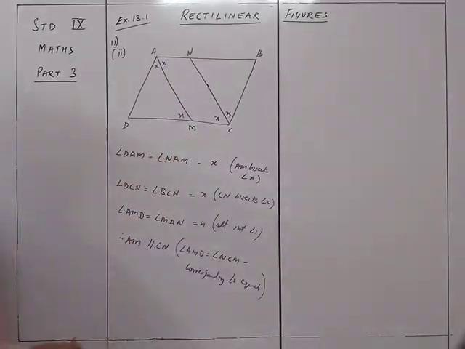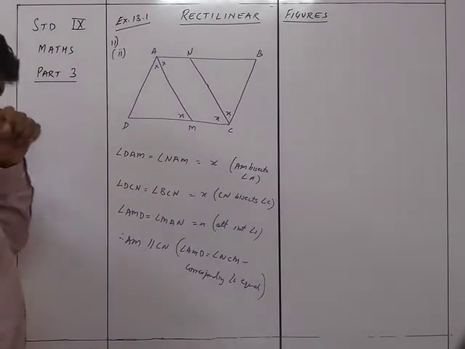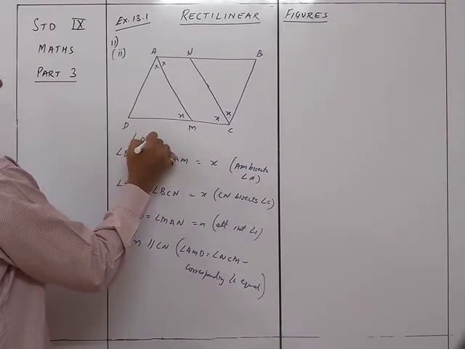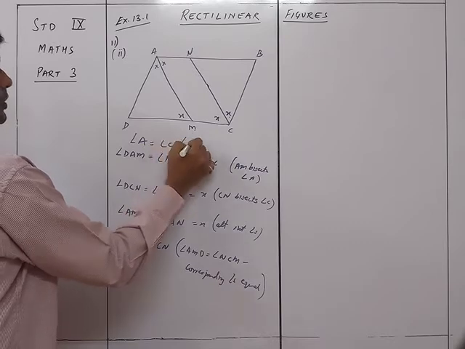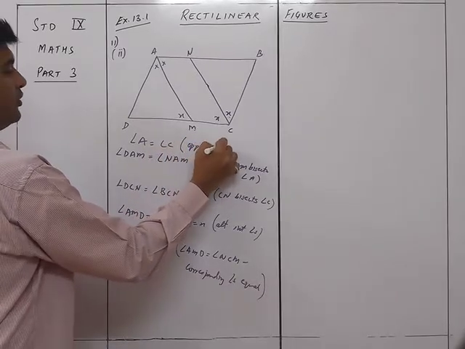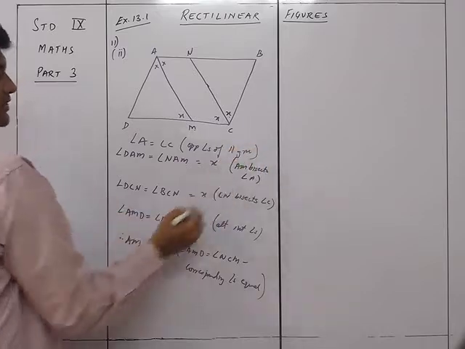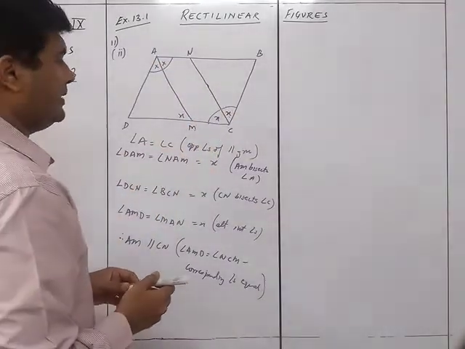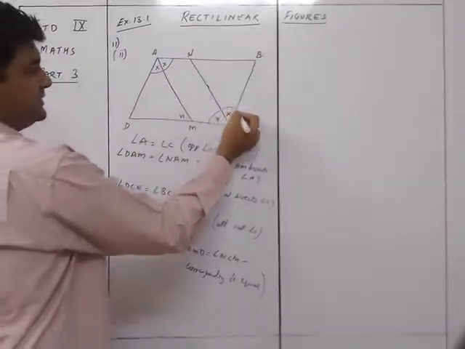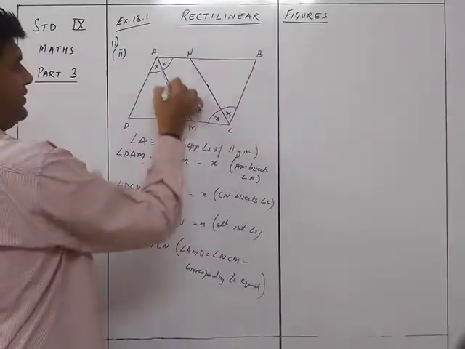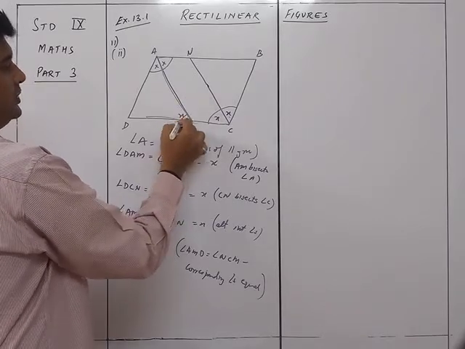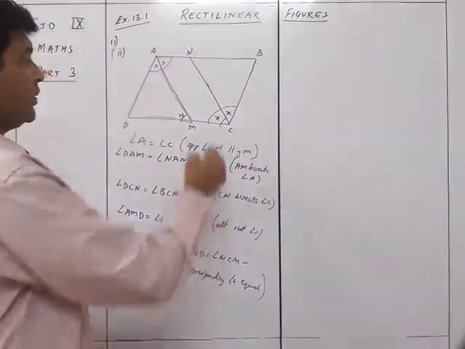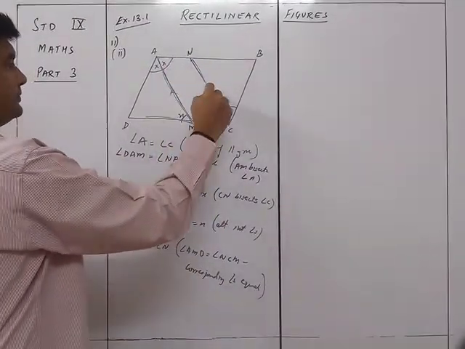This angle and this angle are equal, corresponding angles are equal. Now over here we can just add one more small thing, that angle A is equal to angle C, opposite angles of parallelogram. So do you know that this angle and this angle are equal because they are opposite angles of parallelogram? So if this is x, this is x, this is x, this is x, then if this is x by Z formation, this will be equal to x. Now if this is x and this is x, automatically they are corresponding angles. Corresponding angles are equal, therefore this line will be parallel to this line.